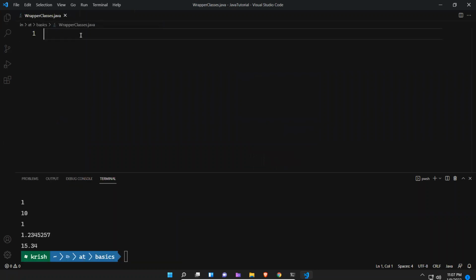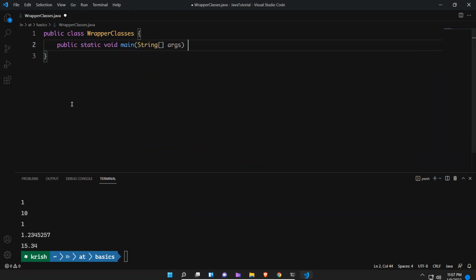So we'll take some examples and see. public class WrapperClasses, public static void main, String args. So inside this, first what we'll do,